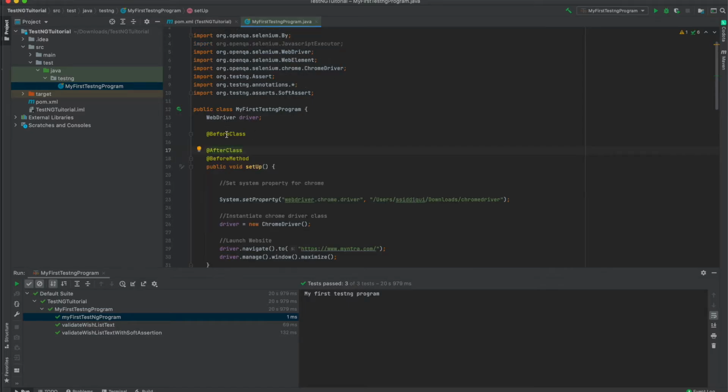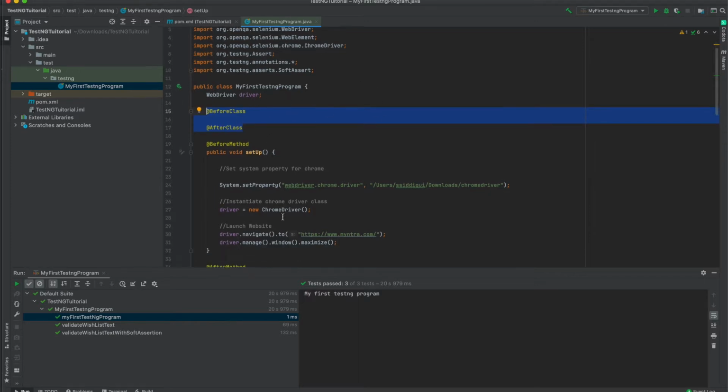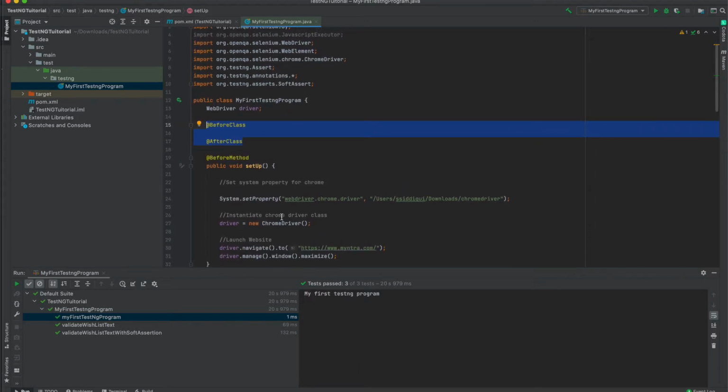annotation. So we need to keep in mind that we need to import them from the testng library, and we don't need to import them from JUnit or any other library. So we need to keep that in mind. So for all the annotations that I am using and anything that I am importing, please import from testng library, otherwise your program will not work properly.